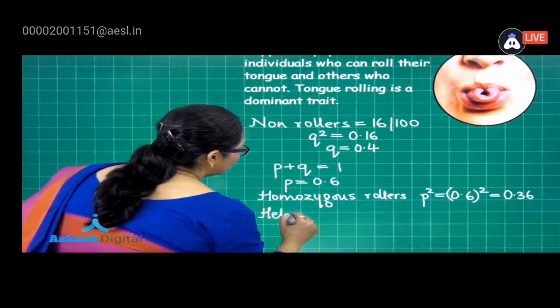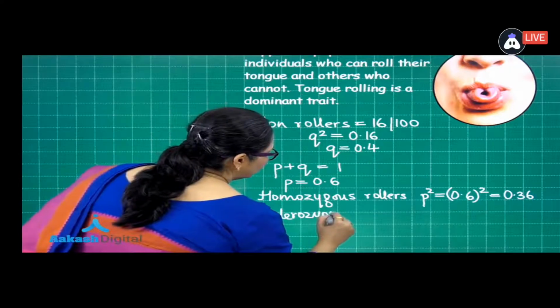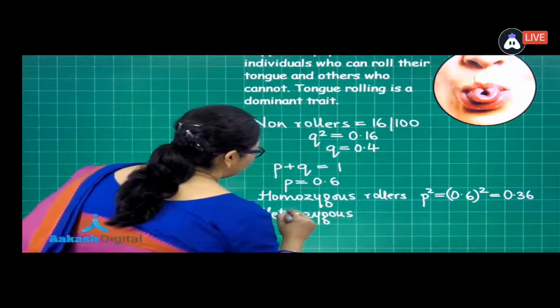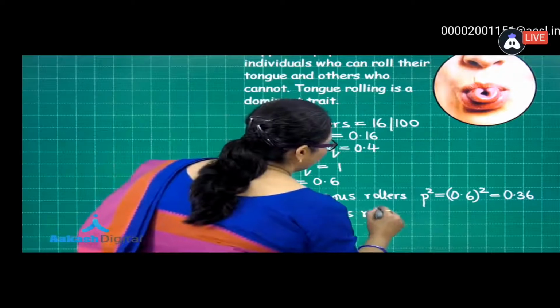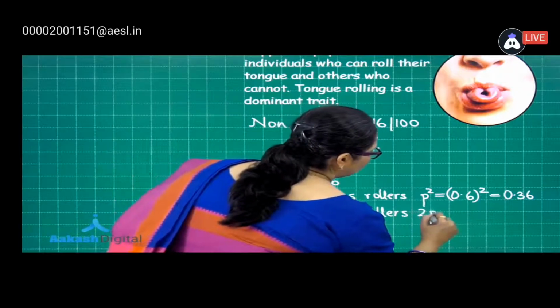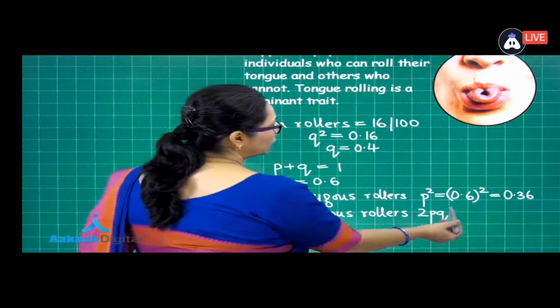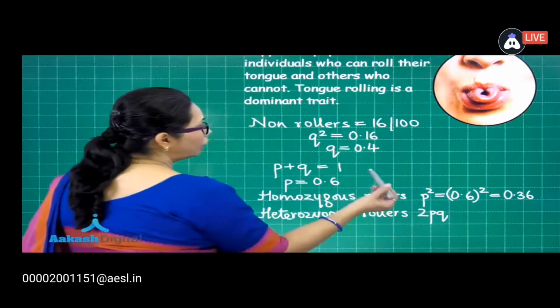And heterozygous rollers, this would be 2pq, and putting the values, that is 0.6, q is 0.4, into 2,